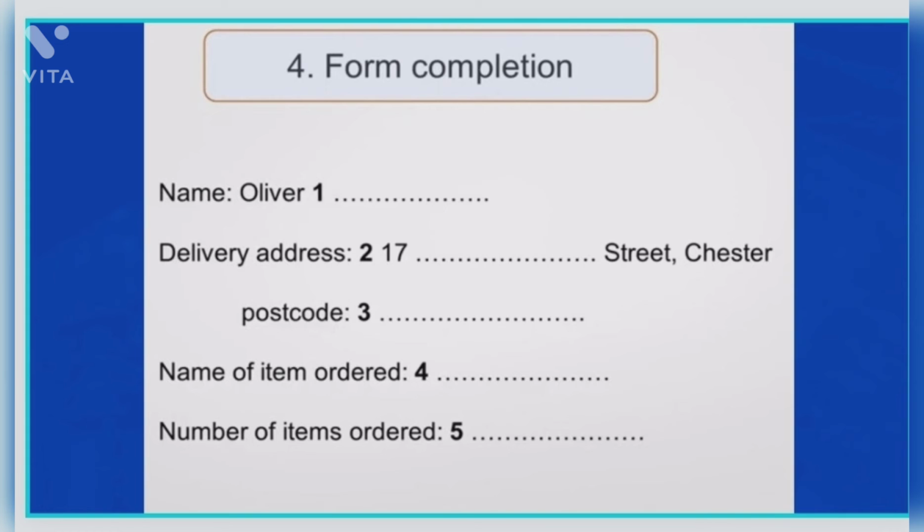Watch out for the distractors, where information is given and then corrected or changed. For example, I would like to order 2 please. No, wait a minute, I will have 3 so that I can give 1 to my mom and 1 to my sister as well.